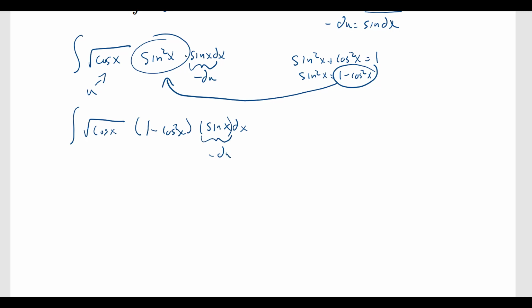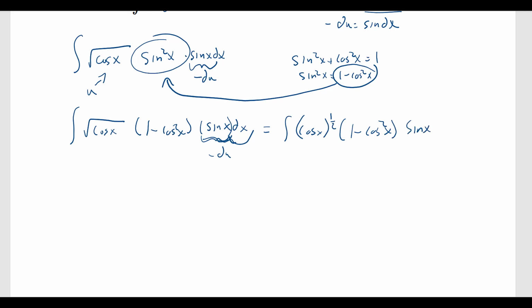Negative du is this part. And I can rewrite this square root of cosine as cosine x to the 1/2. I'm just not writing things very clearly today, I apologize. So cosine x to the 1/2, times our 1 minus cosine squared x,